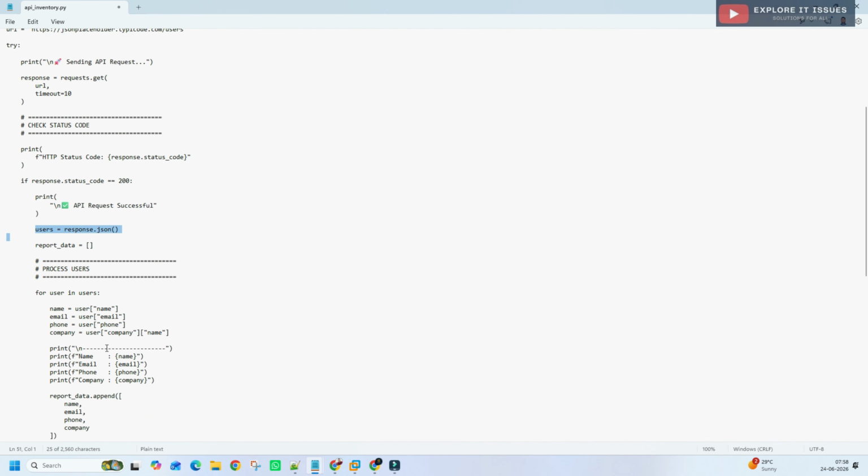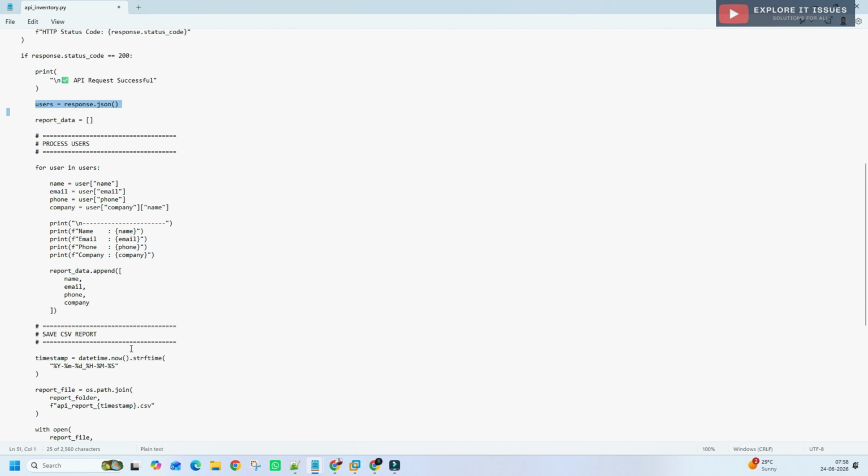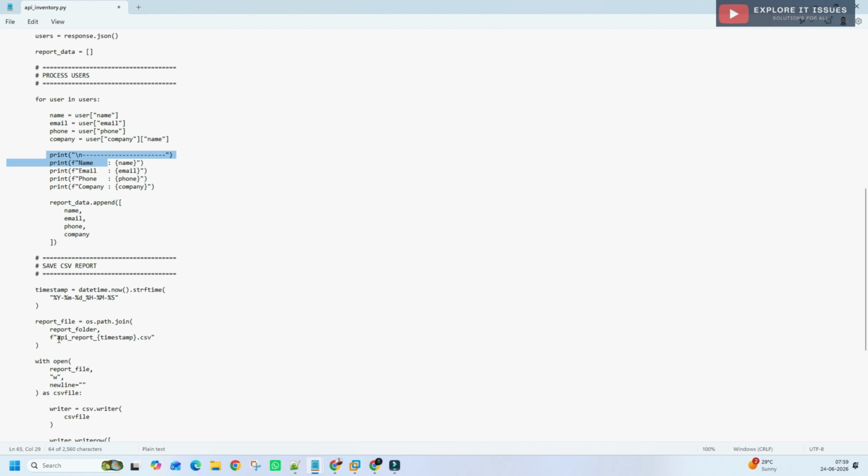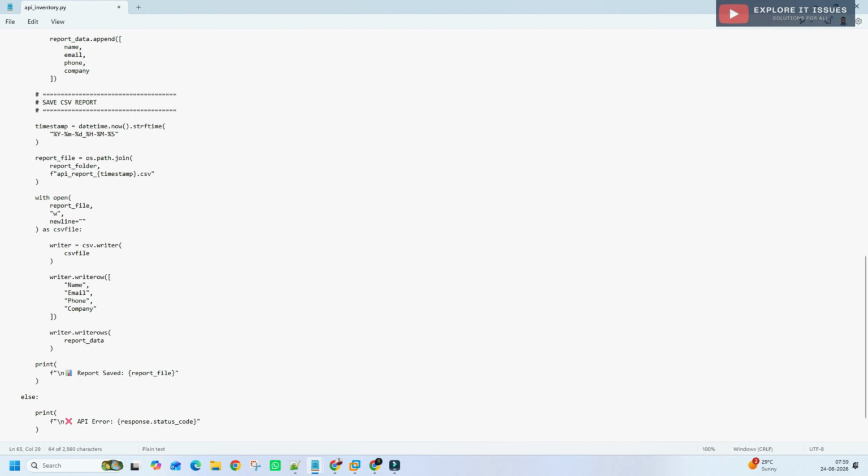In step 7, finally we save the data into the CSV report. Once the script is done, we receive the data, print name, email, phone and company, and append the name, email, phone and company to the report data. Then the final step is to save the data in CSV format.